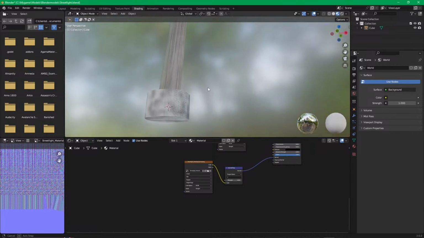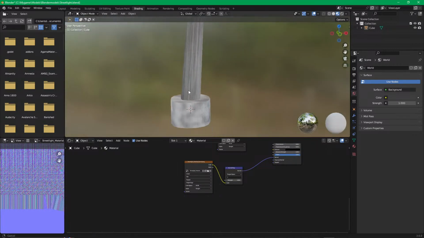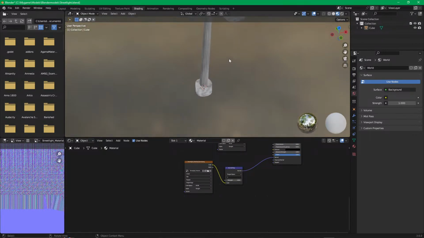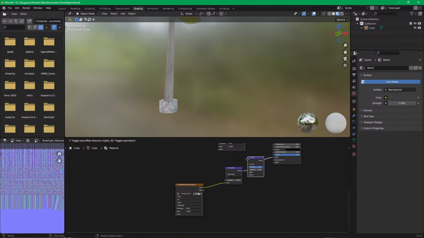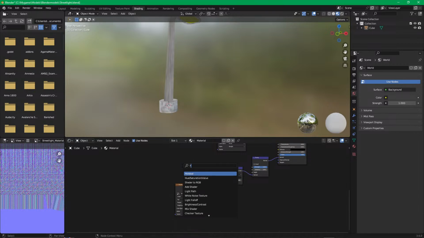Now I can always start painting on other things that I make, like boxes, junction boxes, whatnot. But there is the height. We could mess with the height map. So shift search for a bump map. Which if we plug that in,